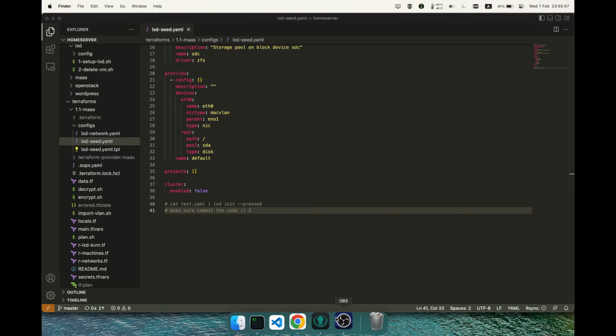So the second one I'll call V2, and that one I'm going to ask LXD to place on the fan BR0 instead. Let's zoom in on that terminal. Okay, so the first VM has started,